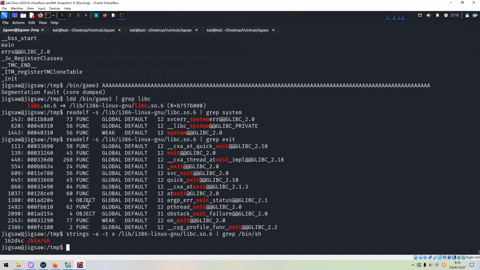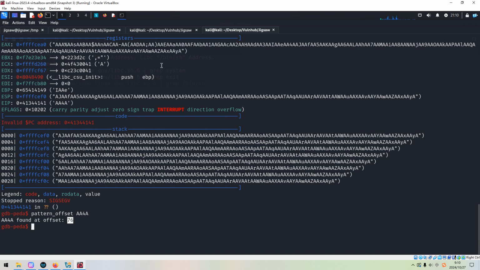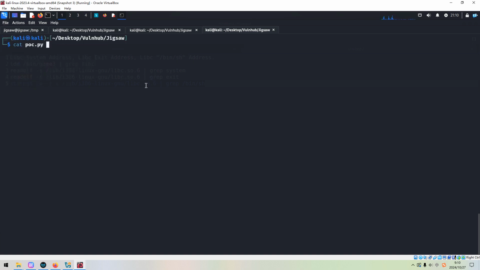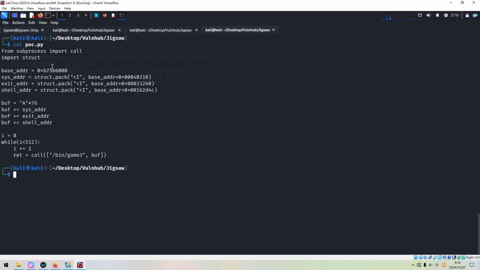Okay, so next we need to create the Python script, and we can exit. I've already got this one, and we can import the subprocess module, and the call method can run commands or run a binary, and this should be the base address.